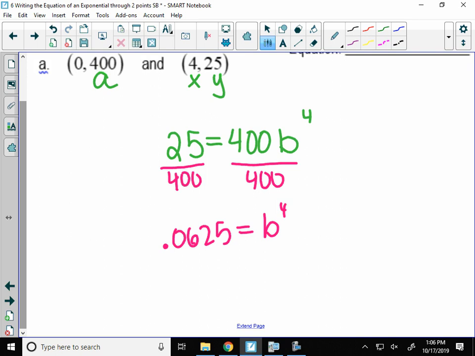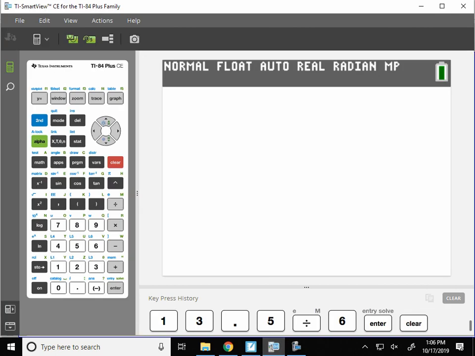Now, do you remember how to take the 4th root in your calculator? Yes? If you don't, I'll show you here. But we're going to take the 4th root of both sides. So if you don't remember how to take the 4th root in your calculator, you have to type the number